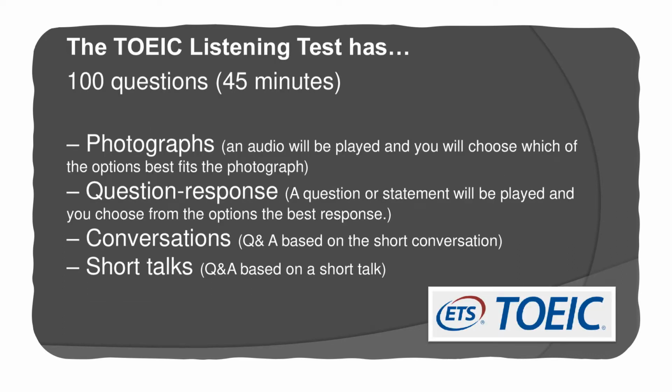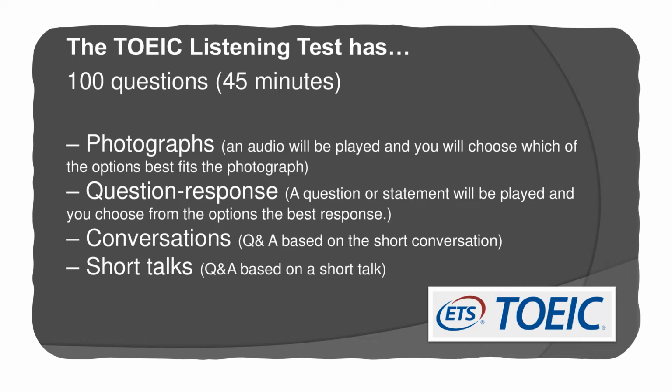The TOEIC listening and reading test uses an optically scanned answer sheet. This answer sheet is provided during the exam. For the listening and reading test, there are 200 questions to answer in 2 hours. Approximately 45 minutes for 100 questions is rendered for listening, while the remaining 75 minutes is for the reading part